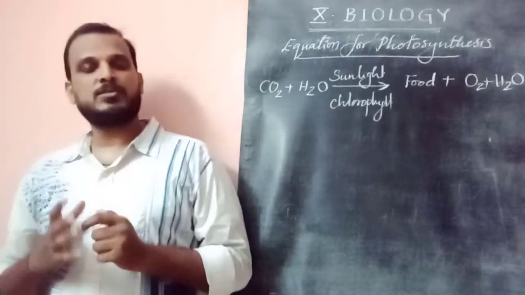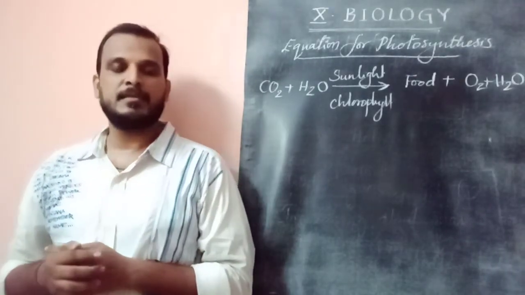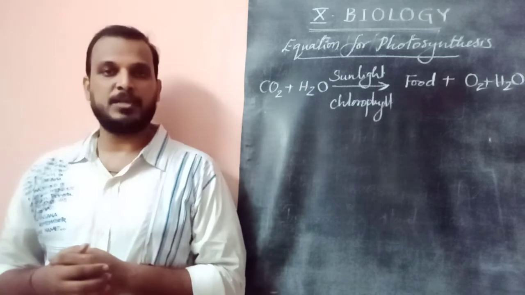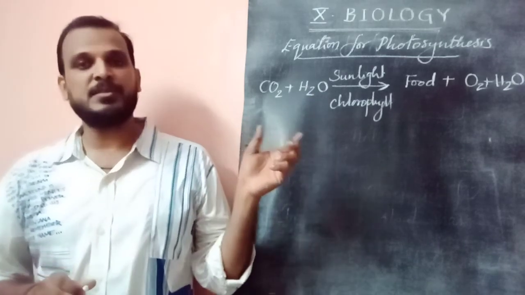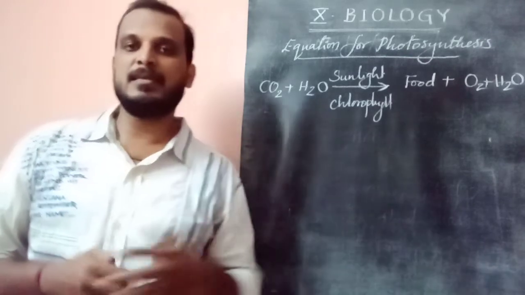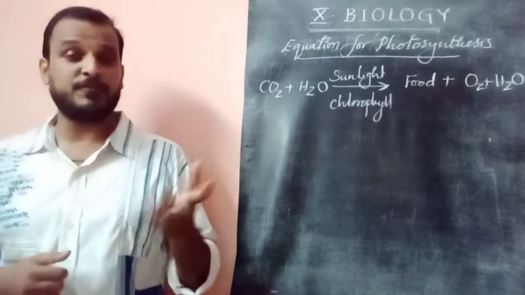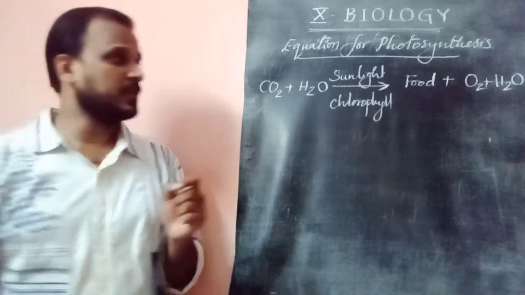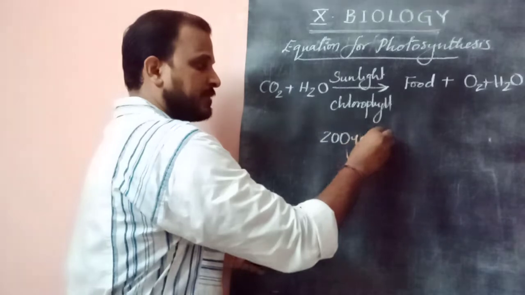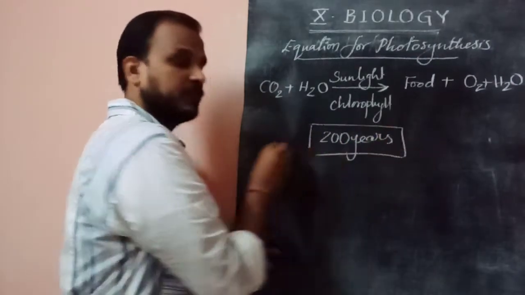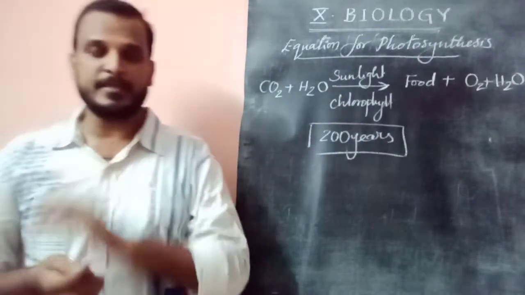Dear children, this is called a simple representation of photosynthesis, a huge universal food providing process. This equation is not a simple one to write like this. It is the work of different scientists over around 200 years. So the time taken for scientists to formulate this photosynthesis equation is 200 years.